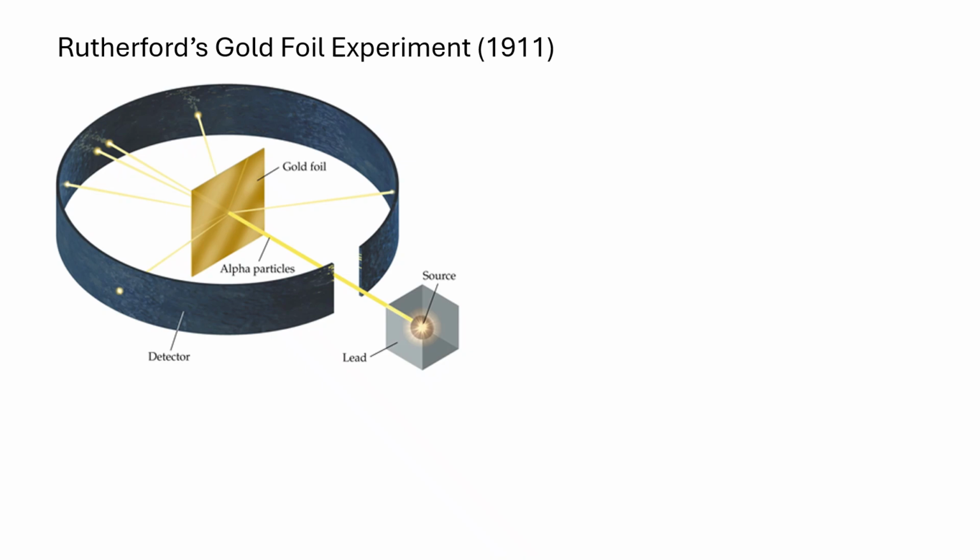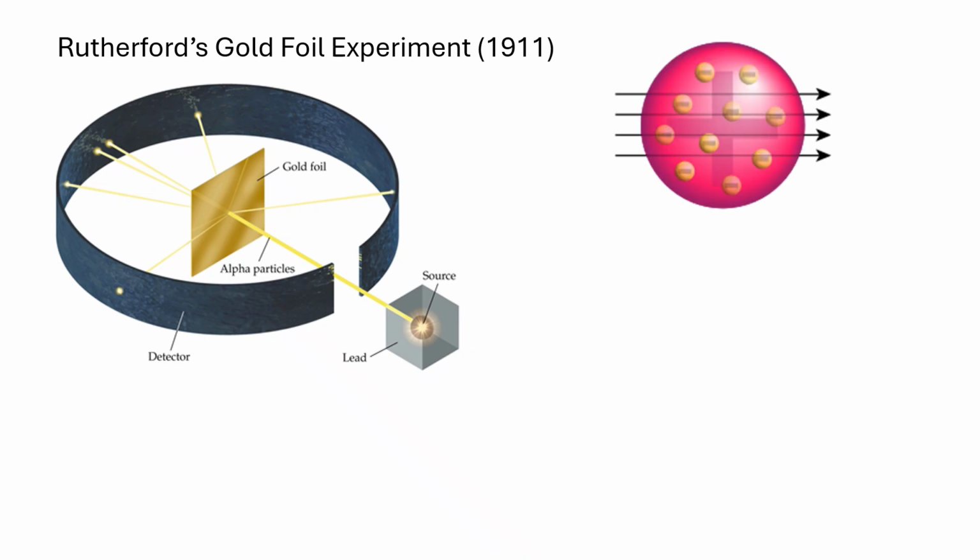So those alpha particles, he had this picture of the atom in mind because electrons had been discovered. And so it was believed, though, that the positive charge was just very thin and spread out throughout the entire atom. And so he thought there wouldn't be anything positive and dense enough to stop the alpha particles from going straight through. So if you look at this little yellow beam, that represents the alpha particles. He thought 100% of them would just go straight through and hit the little detector that he had set up